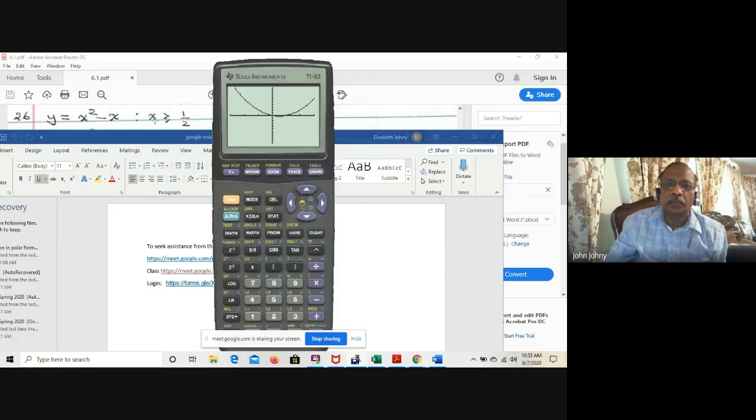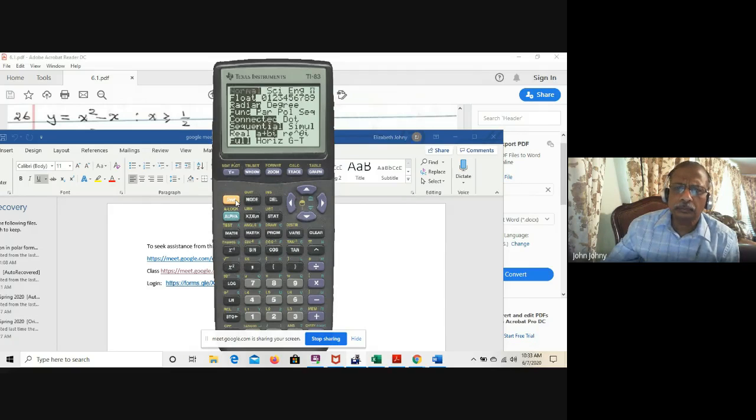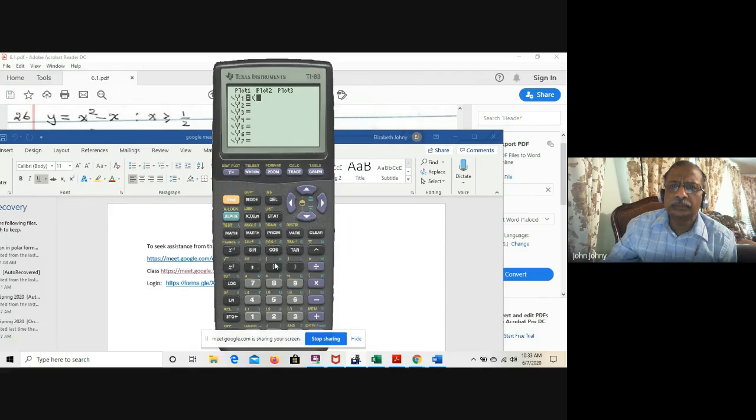But if you impose this restriction, this must be in parentheses this time: y is equal to, you start with a parenthesis, x squared minus x,